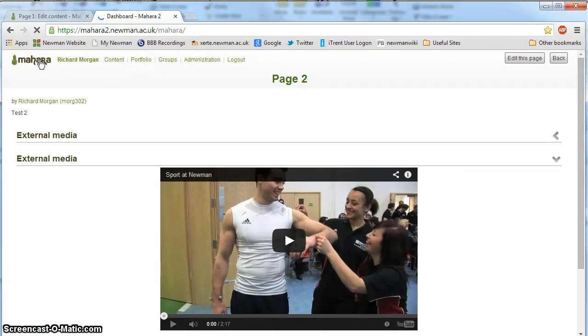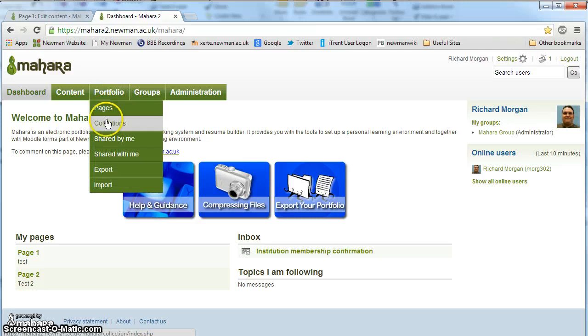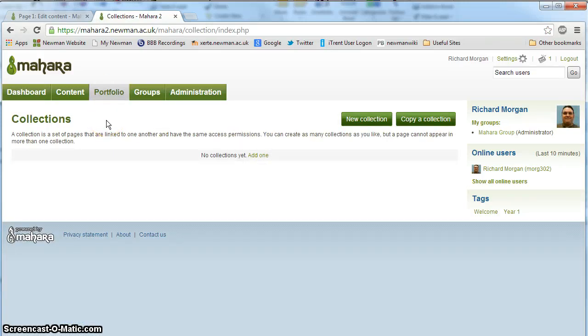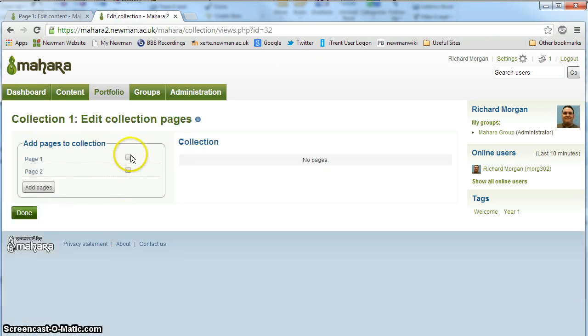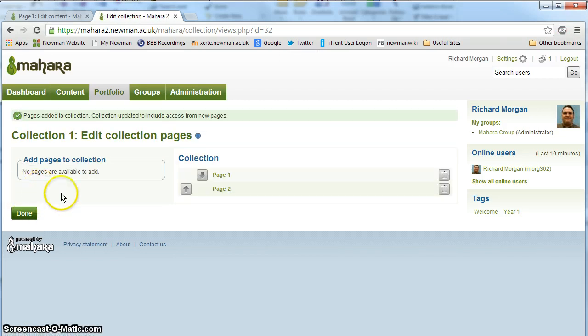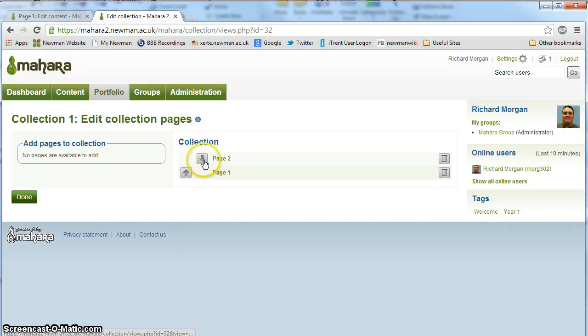Okay, now I've got a couple of pages. I'm going to quickly show you how to create a collection. Now, collections are just basically groups of pages. So click on new collection, collection name, again more imaginative than that probably, any description you want to add, and then you edit the collection pages. I've only got 2 pages, so I'm going to add them both to that. Tick on the pages you want, add to the pages, and then you'll see they're part of the collection. You can change the order of them using those arrows. See, and then once you're done, click done,